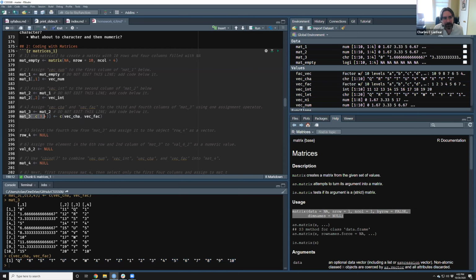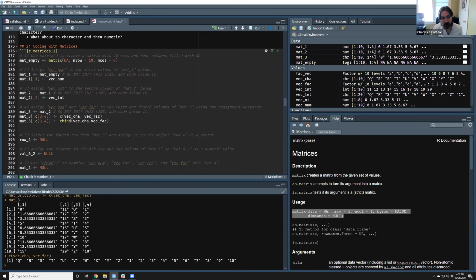The idea here is if we say mat3 is third and fourth columns, it's going to fill the third and the fourth columns by taking values from this length 20 vector we've made over here. What it's going to mean is the first 10 values, which are vec character, are going to fill up the first column. The second 10 are going to fill up the second column we've selected. This is going to result in us filling this basically with vec character here and vec factor over here. This is still a little bit odd, though, because we've essentially filled something rectangular with something one-dimensional. It's a little weird, but it will work perfectly because of the way R writes things to matrices.